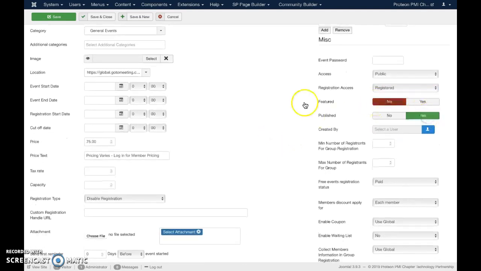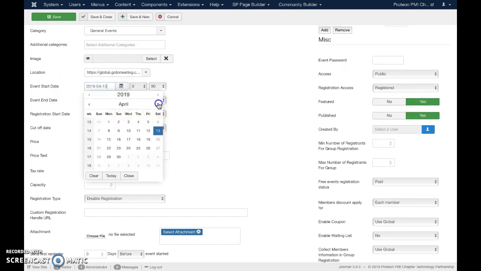You want it published. Featured is almost never used except for your very big events. Your events are listed on your upcoming events module and upcoming events listing page chronologically. However, if you have a big event, a PDD, symposium, or conference, that you want highlighted at the top of it, you click yes. So I will make this event out into